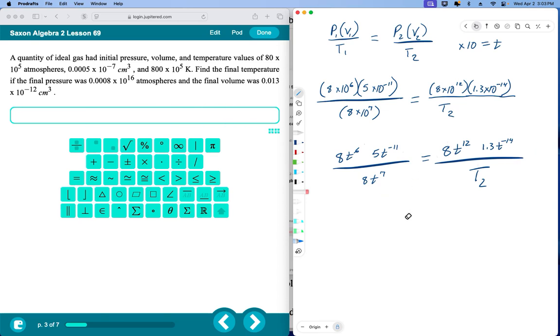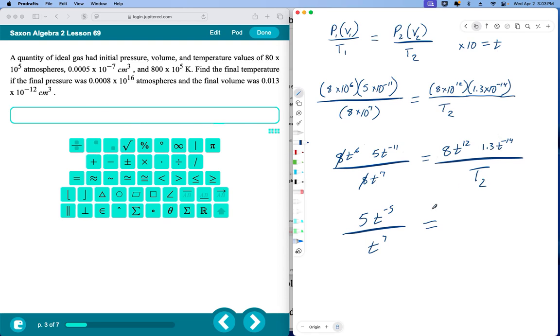Seeing that now makes it really easy for me to factor out my 8s. And then I can say 6, this is going to be 5t, 6 minus 11 is going to be a negative 5 over t to the 7th,